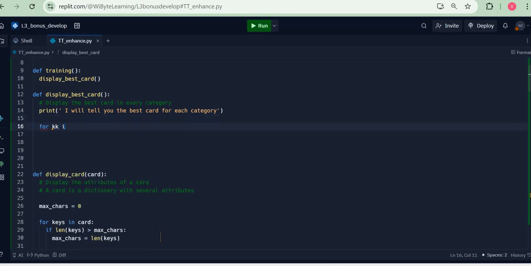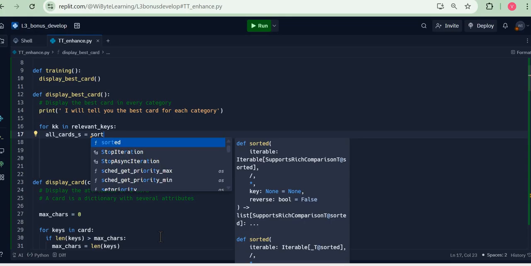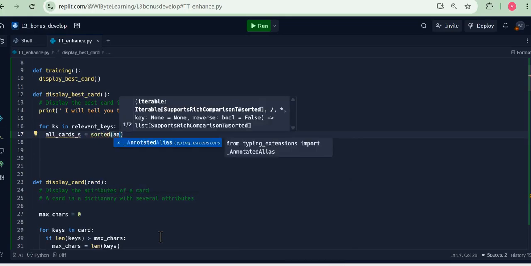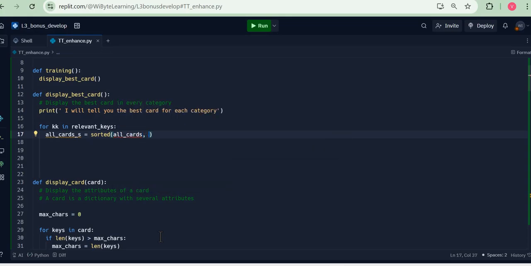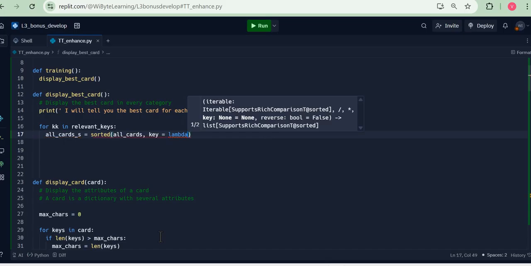So I just say for KK in relevant keys. These are all the keys that I have. I will sort these cards, and call them, let's say, all cards S. Now remember, we can use a sorted function for this. We have done this in the laptop store as well. I will say sorted, all cards. Now we need to put a function, or we can use a lambda statement. So I'll go with the latter. I just say key is lambda. Remember, lambda here is a mapping between every item of that list to the